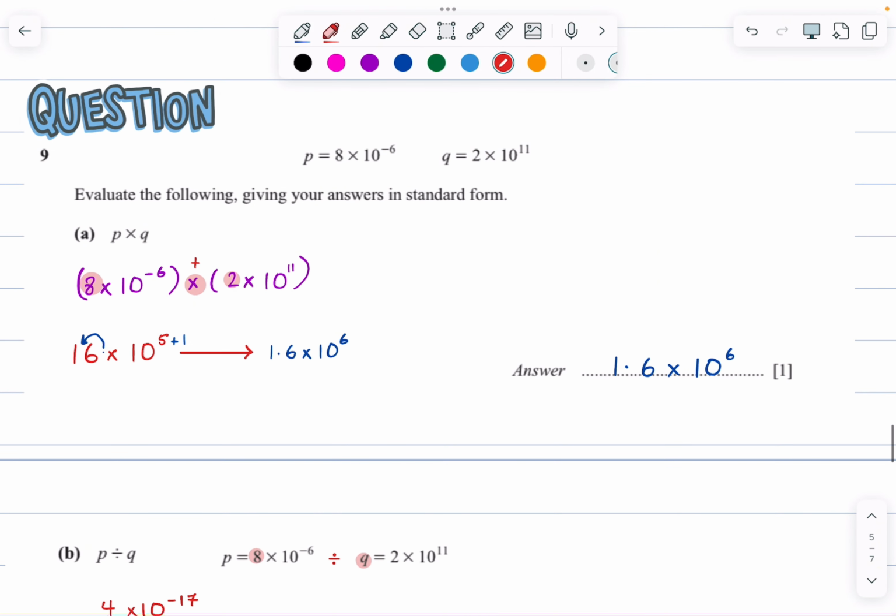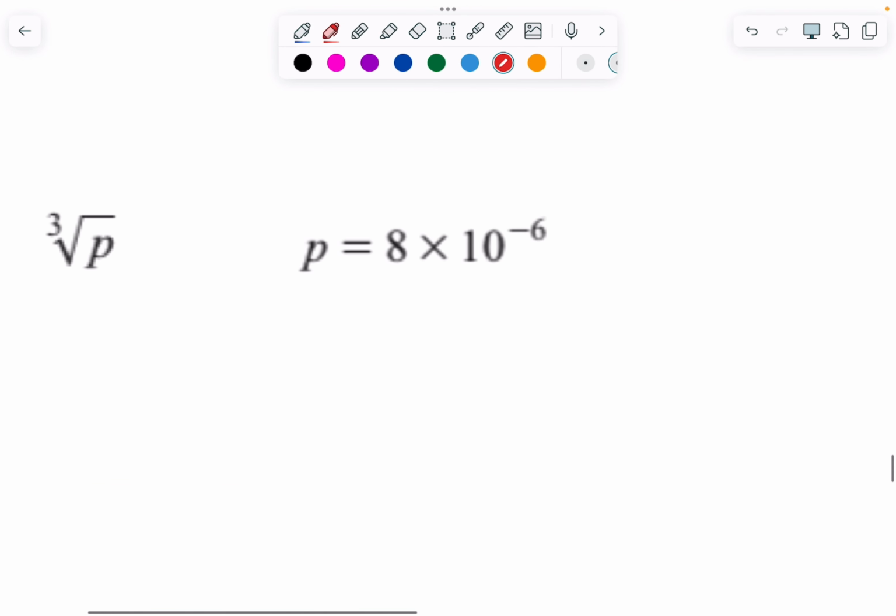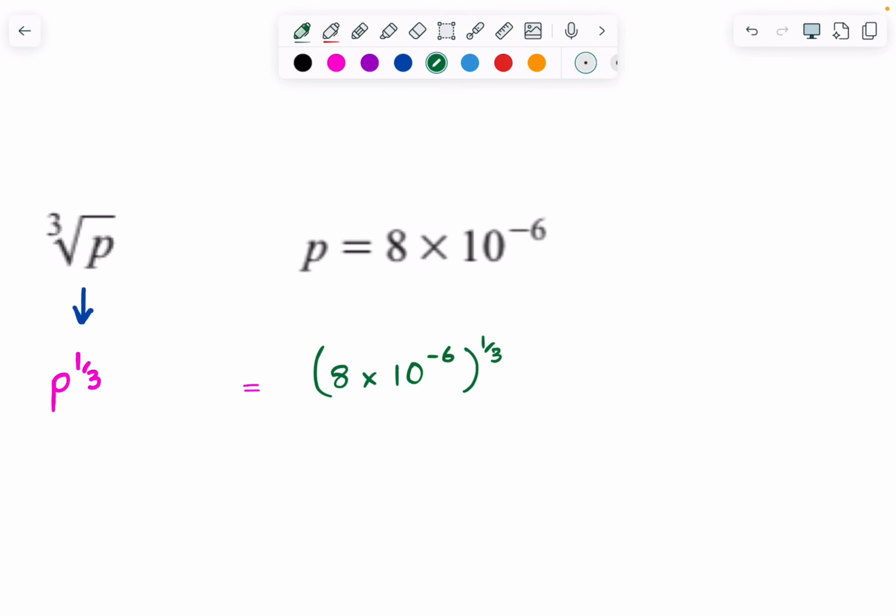अच्छा जी, let's have a look. अब है cube root of p, वो भी कर लेते हैं, कोई मसला नहीं है. P को हम copy करेंगे. We're gonna bring it down right here. Cube root. I'm going to cube root everything, correct? Very simple. Listen to me. Do you think if instead of this I write p to the power 1 over 3, isn't it going to be the same thing? Laws of indices के according 1 over 3 is also cube root, isn't it? Because root and power form. So if I write 8 times 10 to the power minus 6, all to the power 1 over 3, it will also serve as cube root, correct?